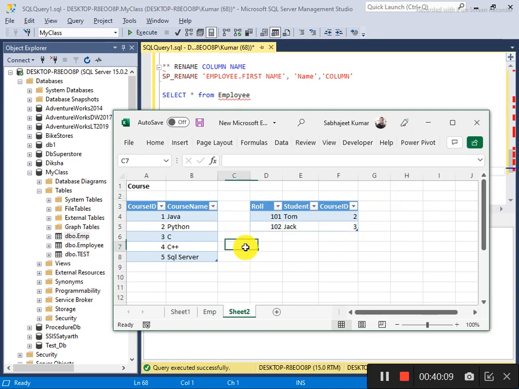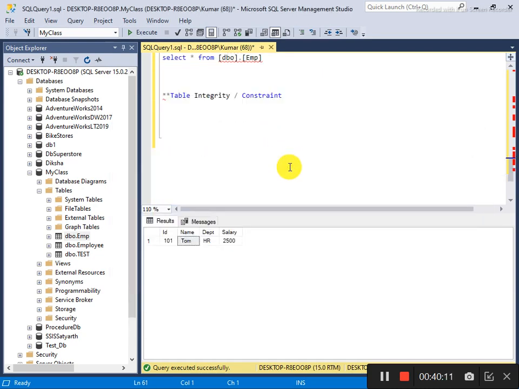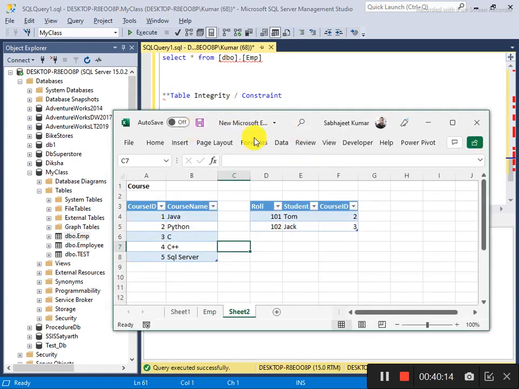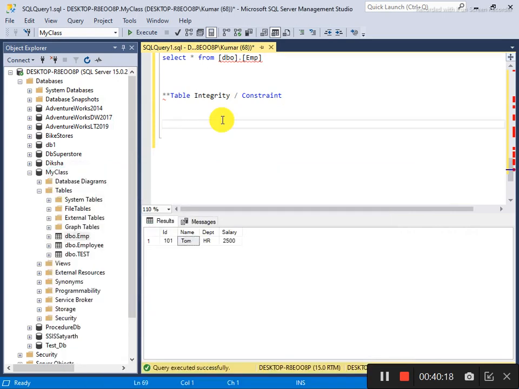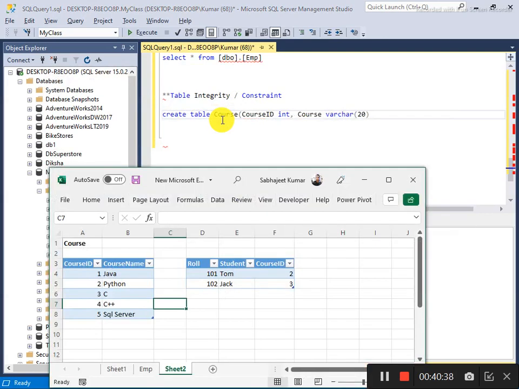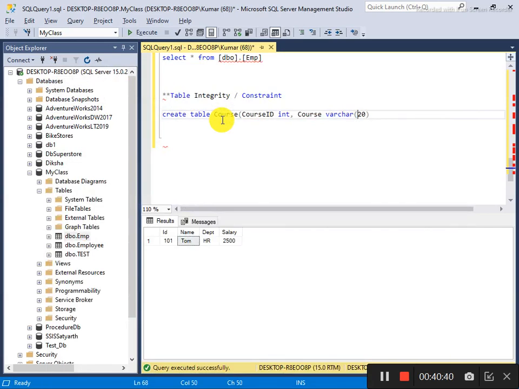So see here, I am creating a table: create table course, course ID integer, course name varchar.